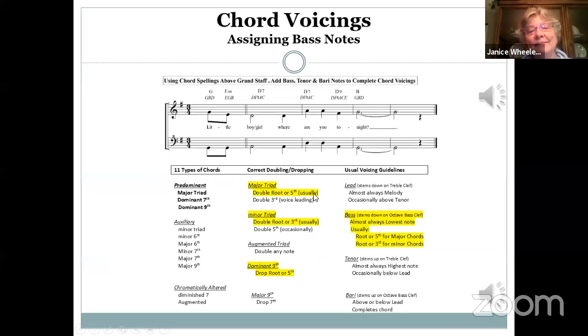So since the lead already has that root, then we'll use the 5th, which in this case is the A. Because a D7 chord has 4 notes in it, and you must use all 4 of those notes in your arranging of the melody. So then we have several D7s that